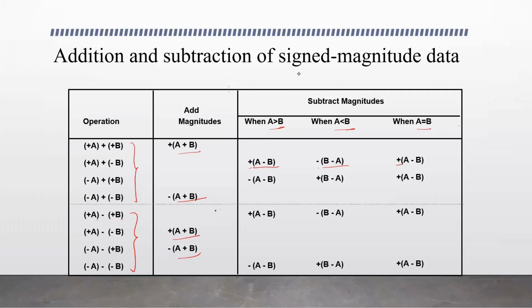Okay, so let's continue here. We perform addition, we also compare these magnitudes A and B, and we perform subtraction. Correct? So the logic circuits we need to implement this are an adder, a comparator to compare the magnitudes A and B, to check if A is greater than B or B is greater than A, and a subtractor. Two subtractors we need, one to subtract B from A and the other to subtract A from B.